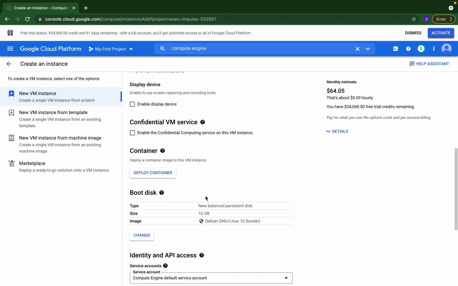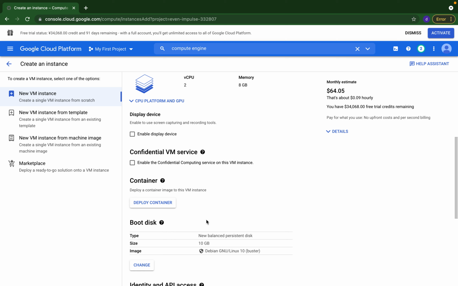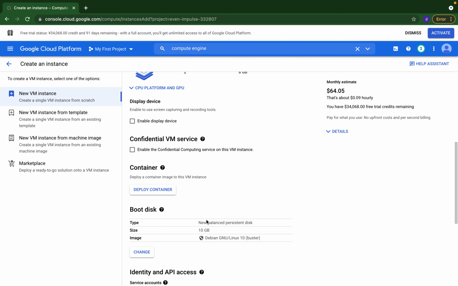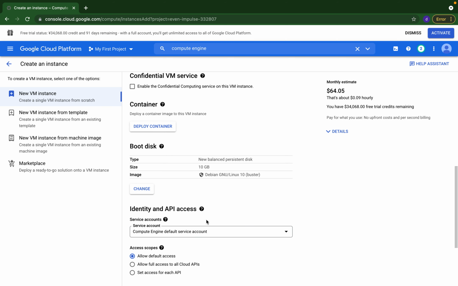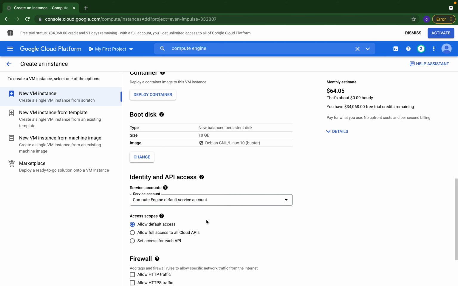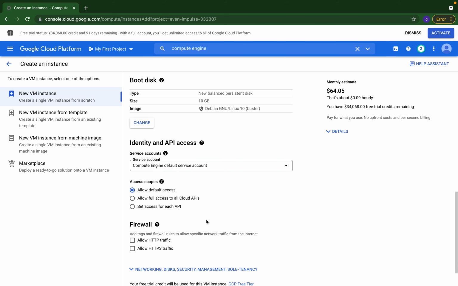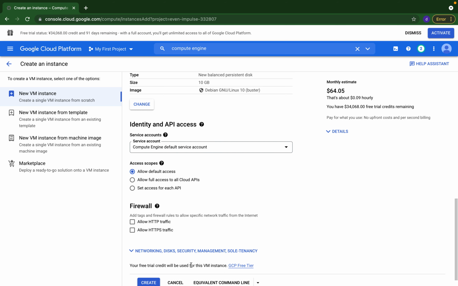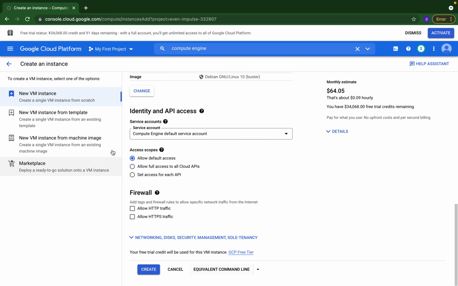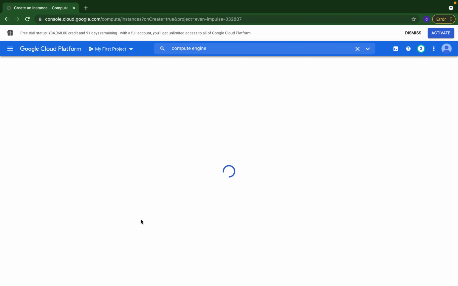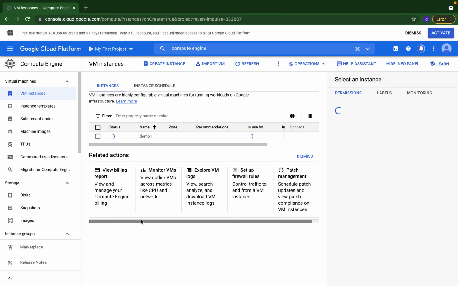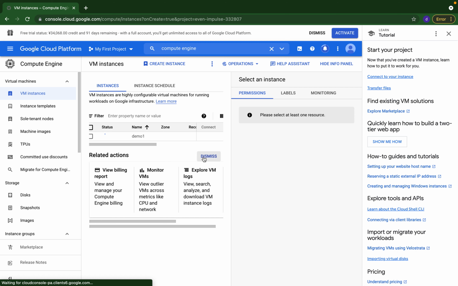So these are other configurations that you can choose. At this moment, I don't have any specific specifications, so I can skip them right now. You can also choose the firewall, HTTP, HTTPS, but I'm just going to leave them and click create. It takes around 10 seconds, sometimes maybe 20 to 30 seconds, depending on your request. But the provisioning itself is pretty quick, and maybe while waiting, we can take a look at